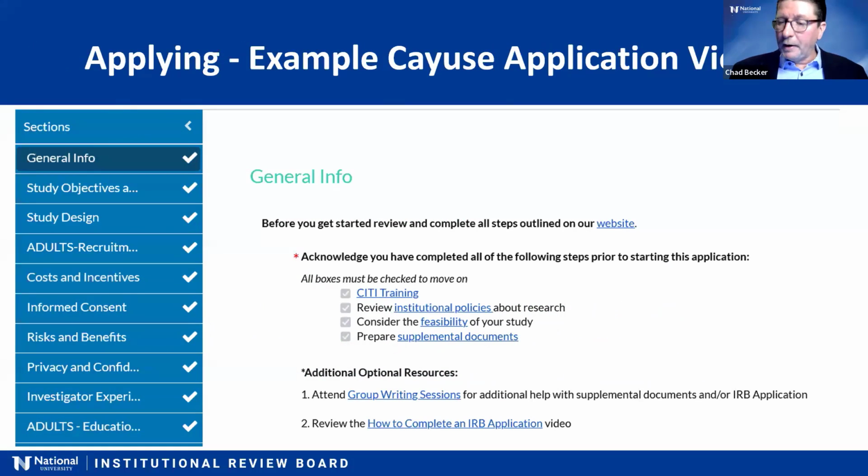So let's take a look at a couple of these Cayuse views, and then we'll stop and see if anybody has any questions about what we're looking at. I've screenshotted from Cayuse, and you can see it's the similar colors to what we use here at NU. This is what a page looks like. It's typically a series of questions. On this page, you can see that you're being asked to attest to certain things, and you have links to optional resources. You can even see on the left-hand side a typical list of pages that an application might have